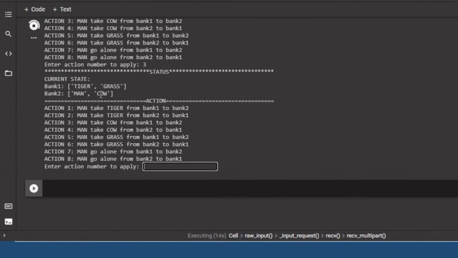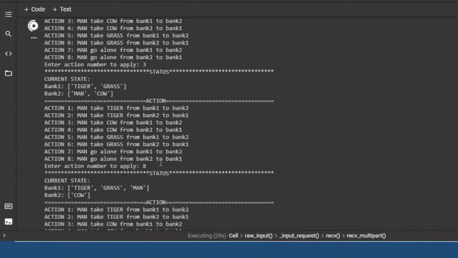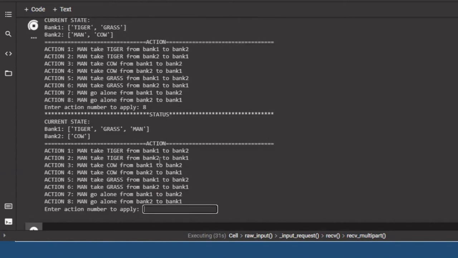Let me apply action number 3 first, that is the man takes cow from bank 1 to bank 2. So the current status is bank 1 has a tiger and grass, and bank 2 has a man and cow. This will not lead to game over because the tiger cannot eat grass.